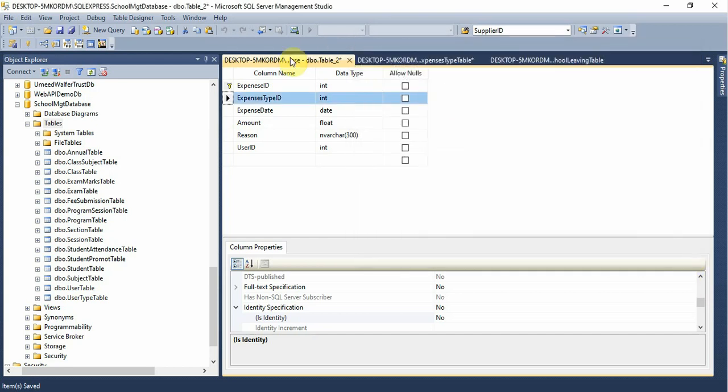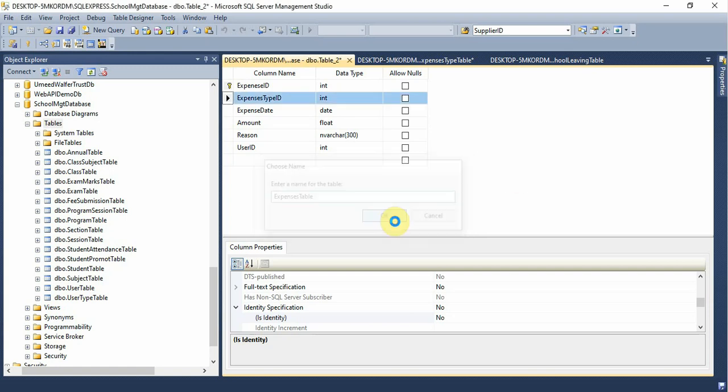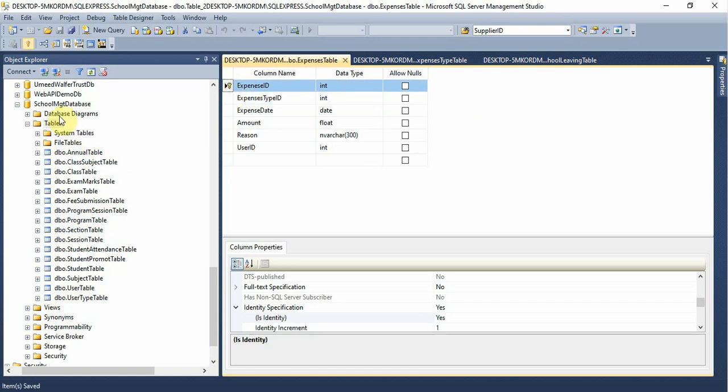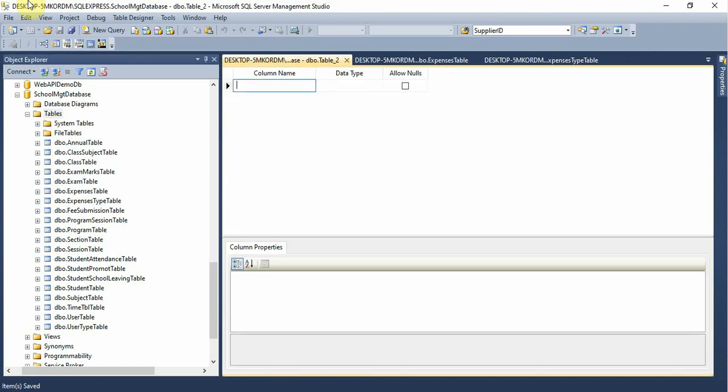Close and right click and expenses table, press OK button. Right click and refresh. Okay, so now add the